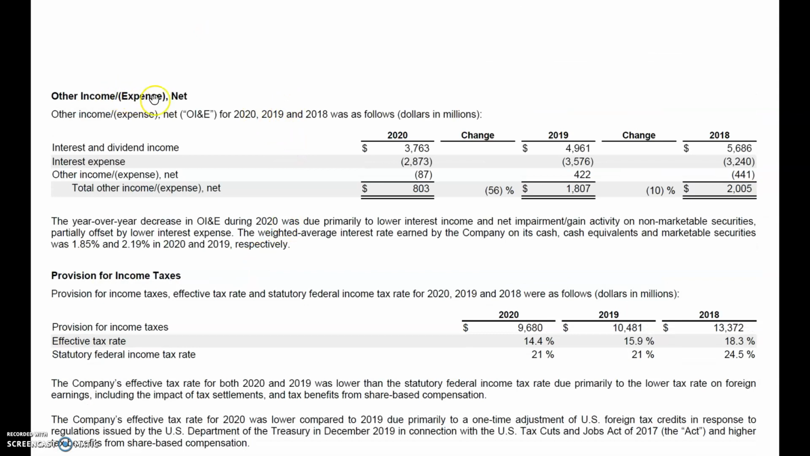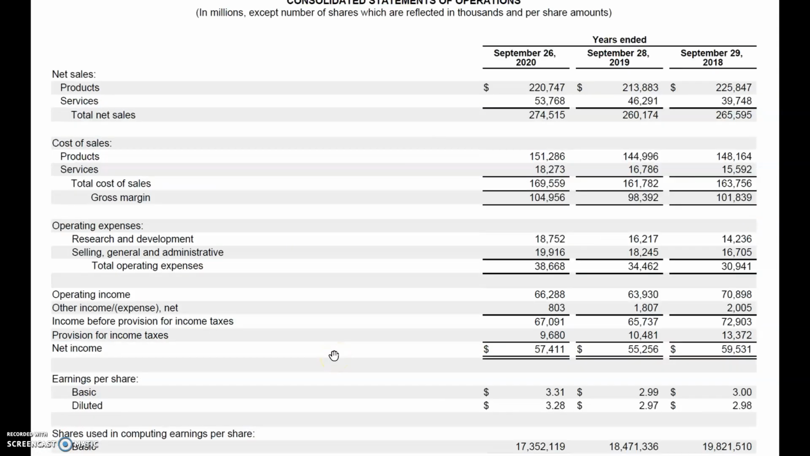So here we can see the breakdown of the other income expense. And we can see in 2020, the interest expense was $2,873. Our interest and dividends were more than our other expenses. That's why this is a positive number. So to get to our income before interest and taxes, we're going to take our net income. We're going to add back our taxes of $9,680, and then we're going to add back that interest number that we got when we looked at the 803,